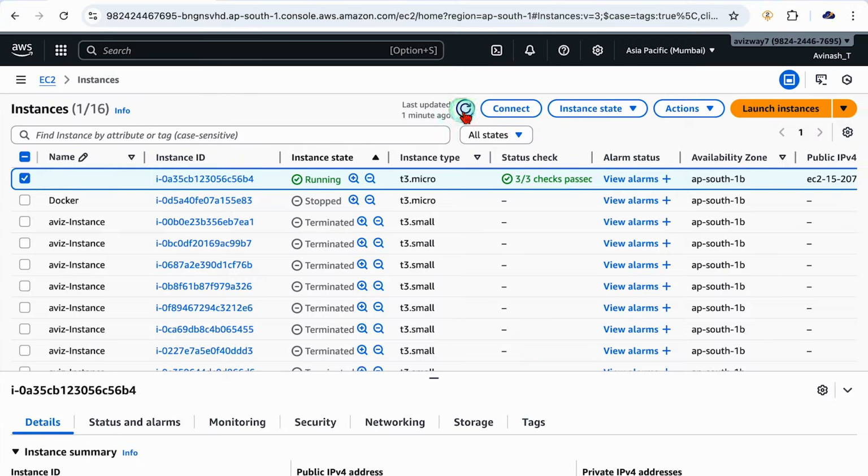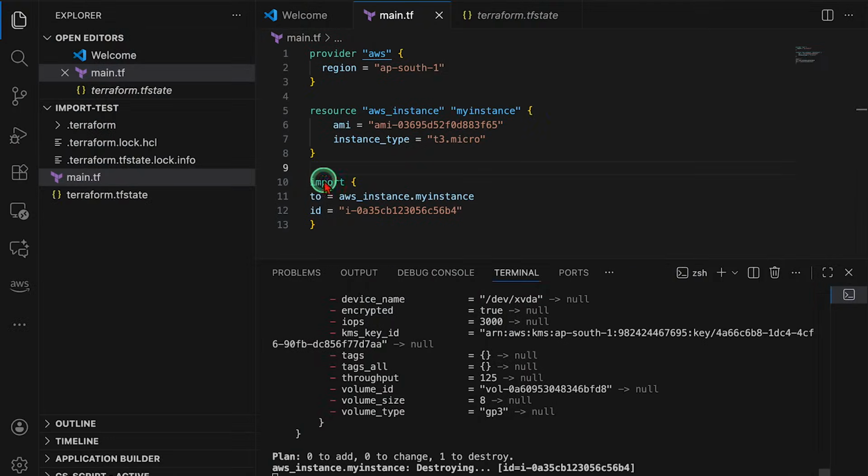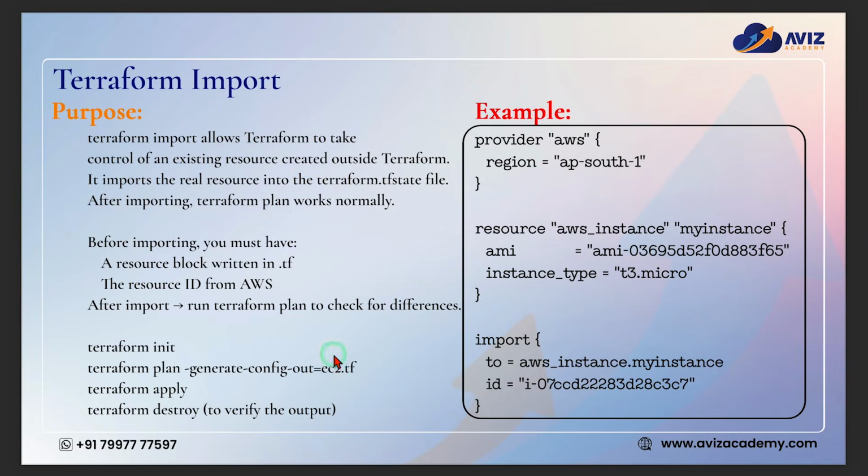We can identify. So if Terraform is tracking, it has to terminate. Yes, it is actually terminating the resource. So by these options, we can import an existing Terraform code to our local. All right. So yeah, this is one way to import the resources, and we do have some additional tools